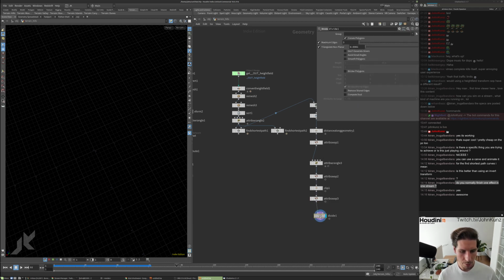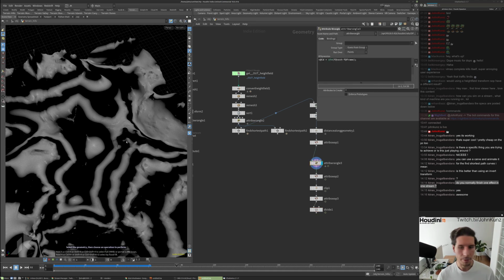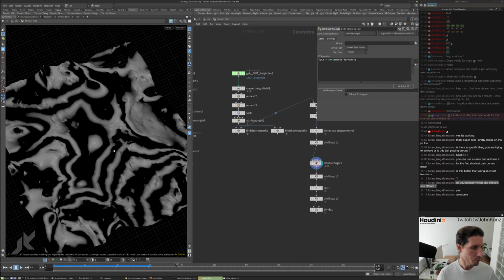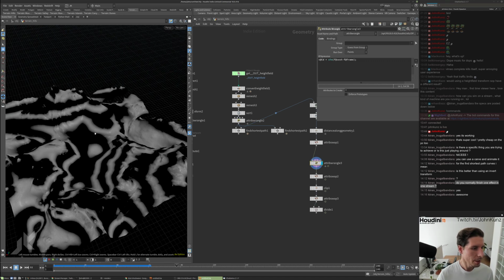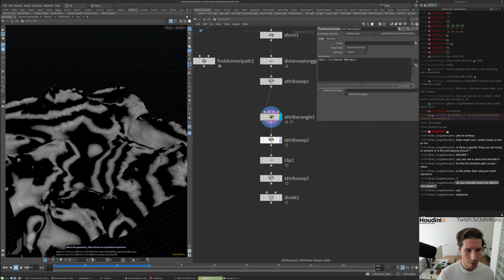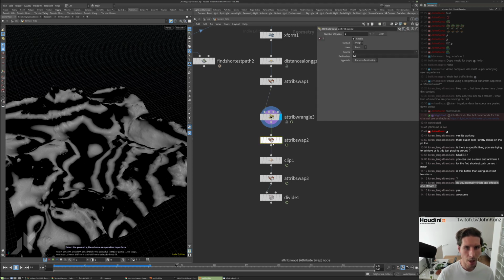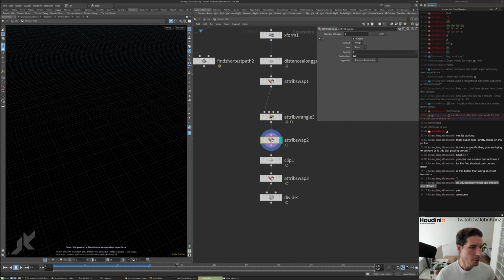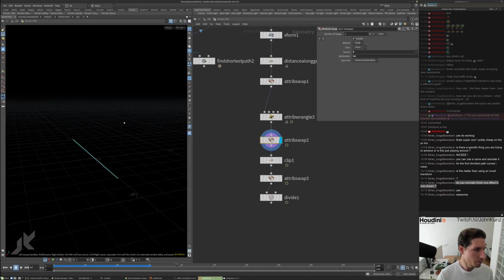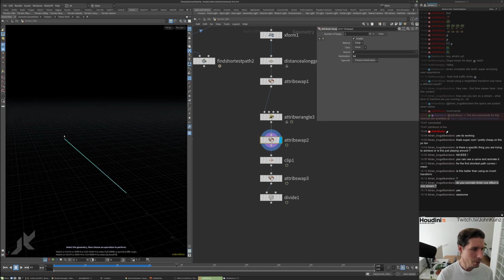So one thing you can do if you're visualizing stuff using this sine wave, you can also create ISO lines out of this pretty quickly. So reusing this swap that we were doing earlier, I'm just exchanging my point position with the color attribute. So it looks like everything disappeared, but basically all of the values that were white or above 1 are up here, and all of the values that were black or below 0 are over here. And then if I do a clip,